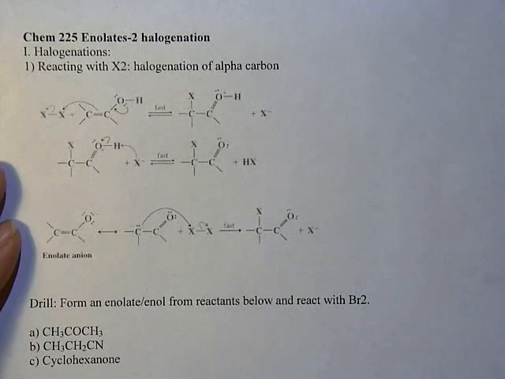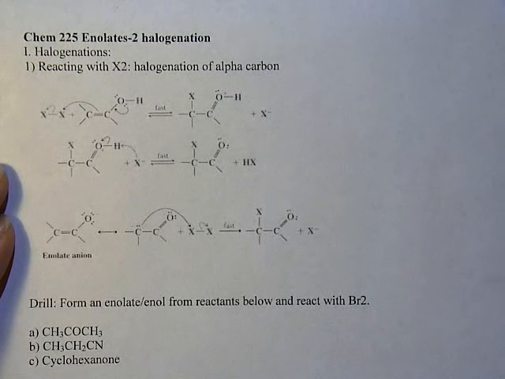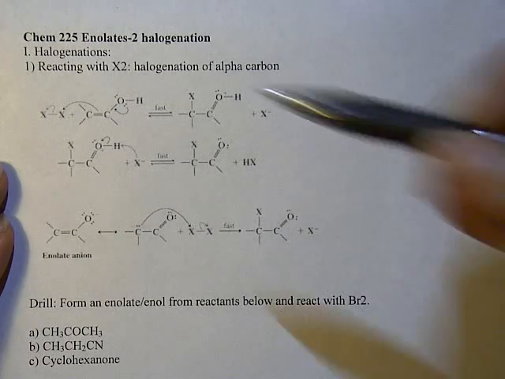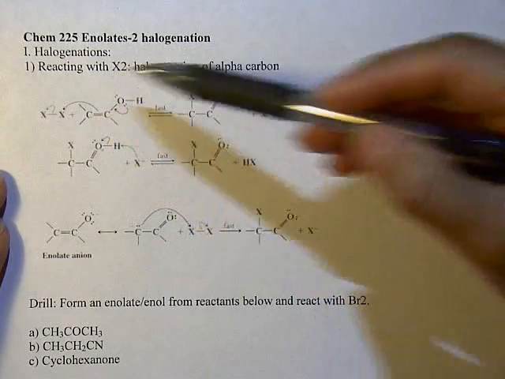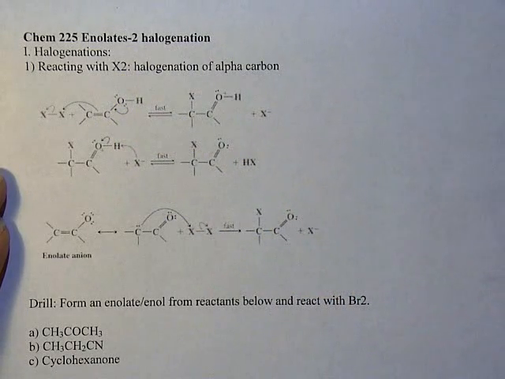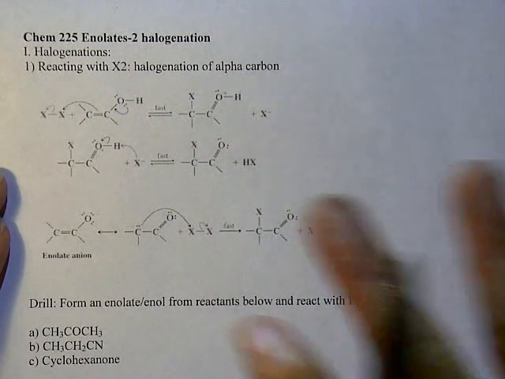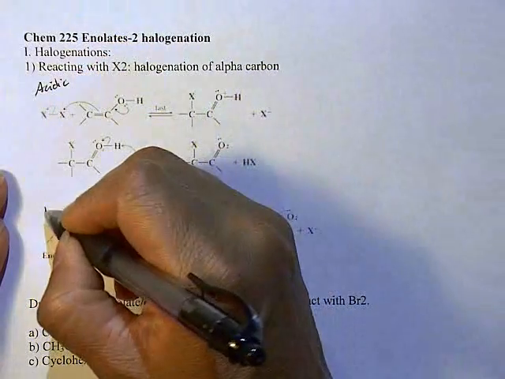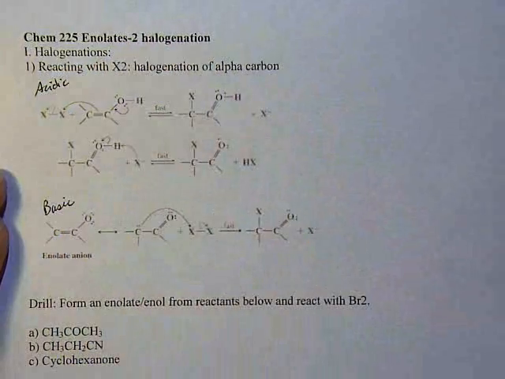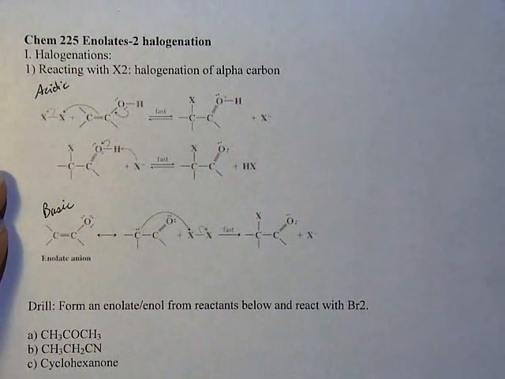And the first one that we're going to look at is reacting enols or enolates, so it's under both acidic or basic conditions, reacting with a halogen, which could be Cl2, Br2, or I2. So this is the mechanism by which it would occur. So this is like an overall mechanism. The first one is under acidic conditions, and the second one is under basic conditions. So I just want to briefly go over those general mechanisms first